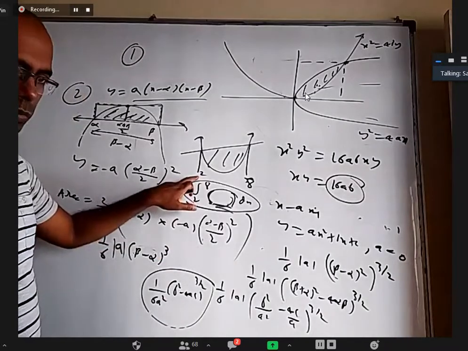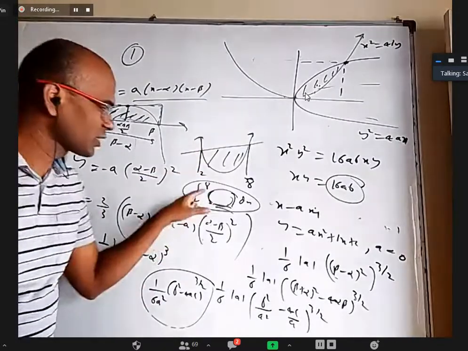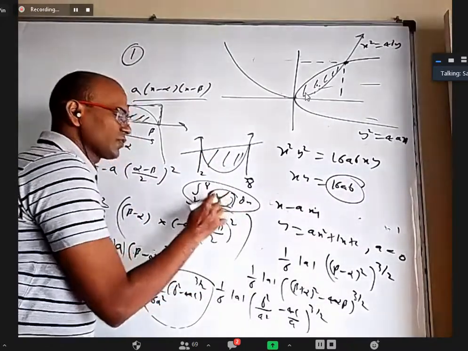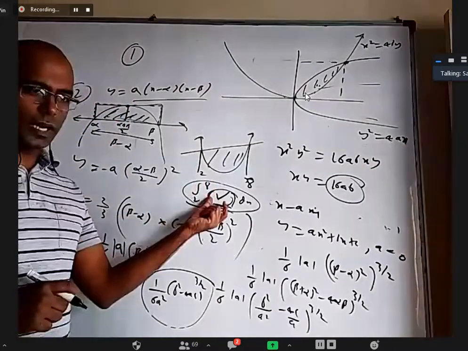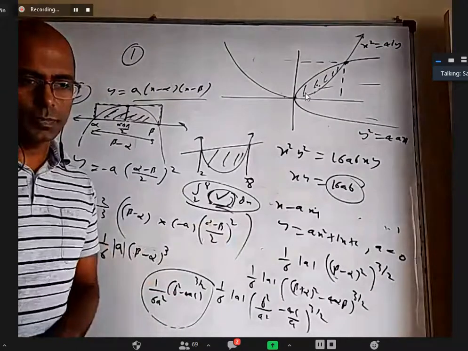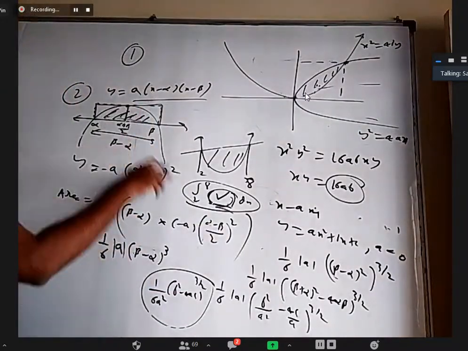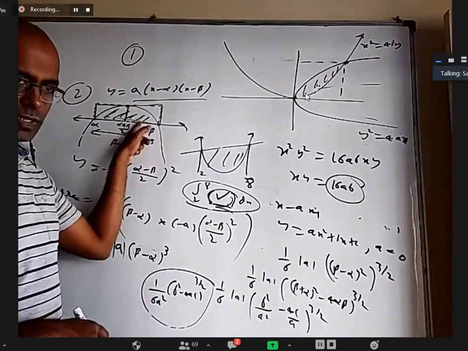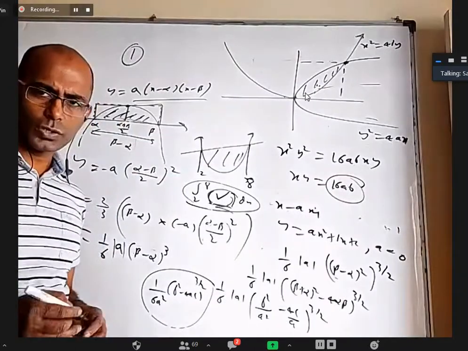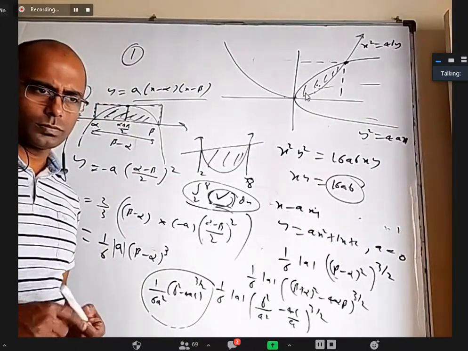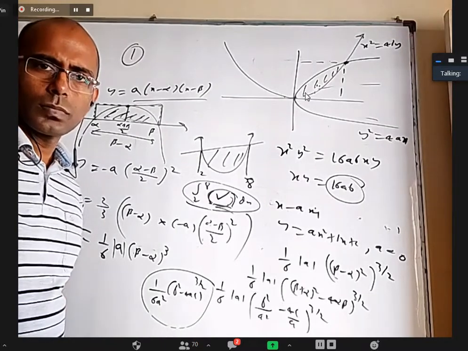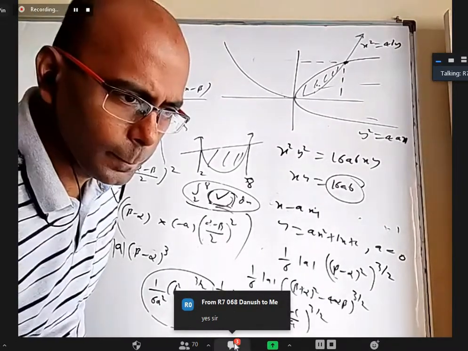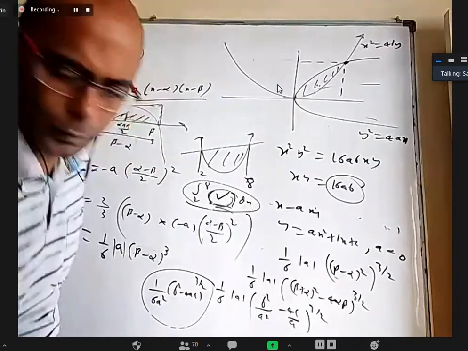Why? Because at 2 these two are equal, which means their difference will be 0. So for this new quadratic expression, which is the difference of these two, 2 is a root and 8 is also a root. So invariably, when you subtract the parabola and line, what you get is x minus alpha into x minus beta into some a. Then you can still use this method, not for this figure, but from this you draw this kind of figure and you can find the area. Have you understood what I said? Can somebody respond? Okay, sir, explain once again. Maybe I can explain with an example.